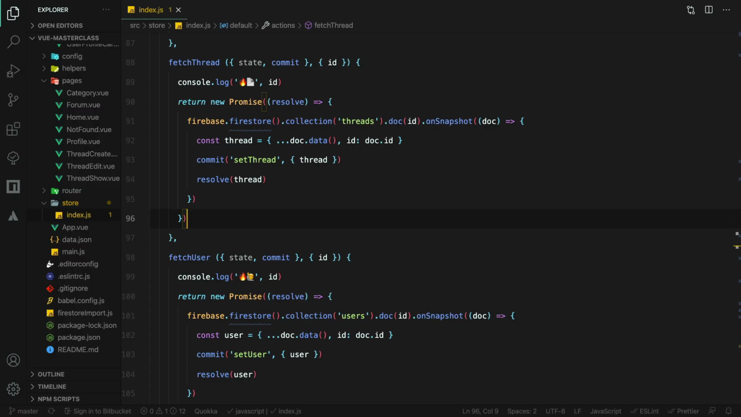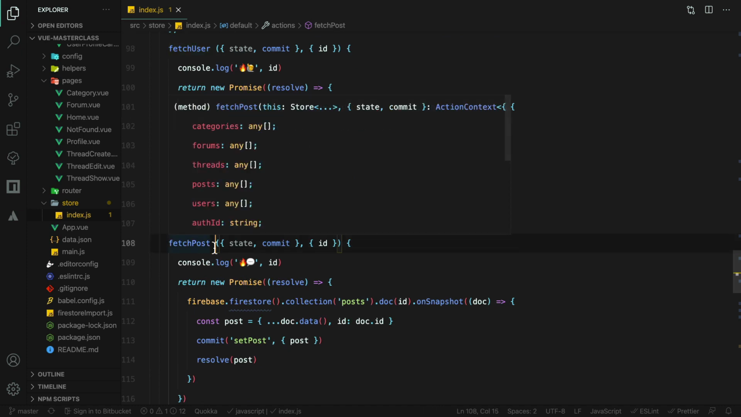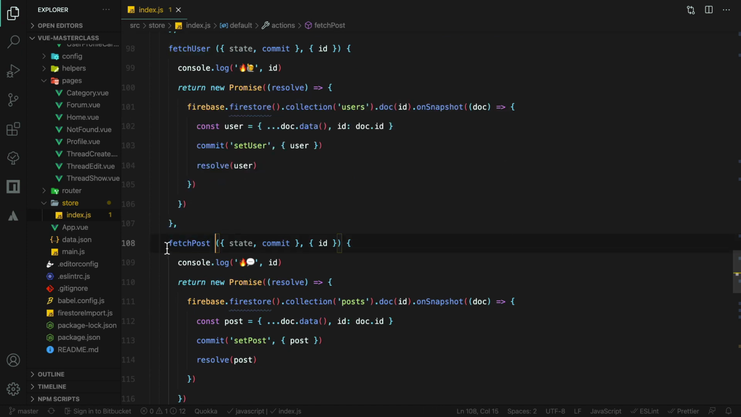In the previous lesson, we created actions to fetch threads, users, and posts from our database. I'm sure you noticed that all these actions do the exact same thing, with their only difference being the resource that is fetched. One approach to eliminate this code repetition is to compose these actions using higher order functions,